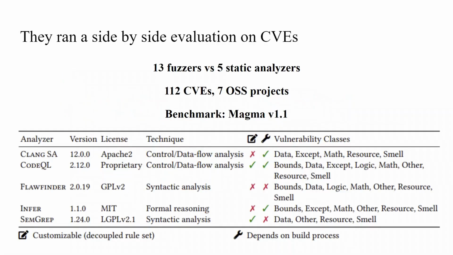So what they did is they took 13 different fuzzers and 5 static analyzers and tested them on a bunch of different commonly known vulnerabilities, and compared what was missed and what was found in coverage. So that was their main method of validation and comparison. So